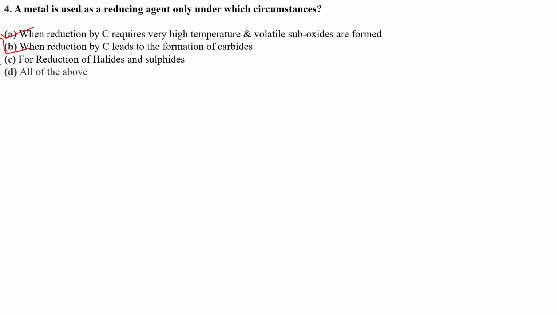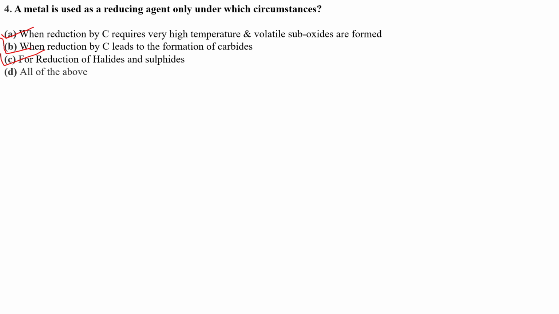Then for reduction of halides and sulfides, we generally go for the metals as a reducing agent, because thermodynamically carbothermal reduction is possible. However, the temperature requirement is very high. And when we talk about the halides, although they are going to get reduced into the metals with the help of carbothermal reduction, if you are able to achieve that particular temperature of 2400 or 2500 degrees Celsius,